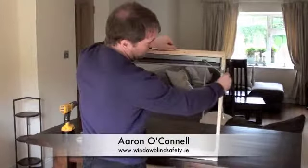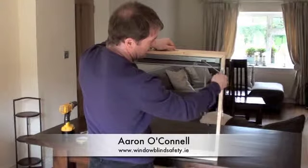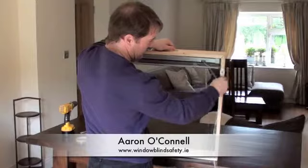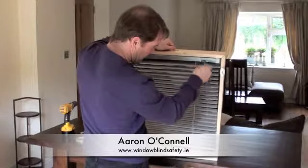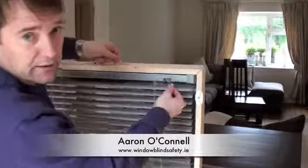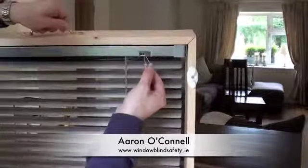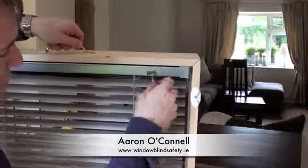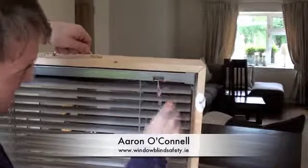The third solution is in respect of the inner cords. So what can we do to make those safe? Simple little thing. And all it is are these little plastic eyelets that are placed about 2 inches or 50 millimeters from the headrail, and what that does is